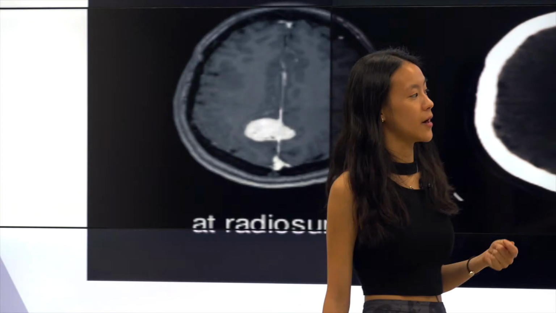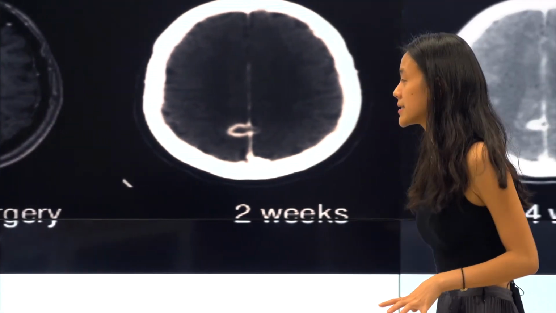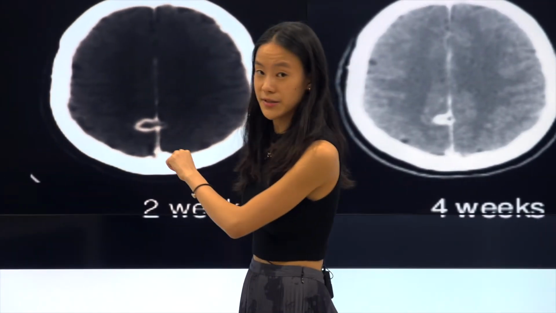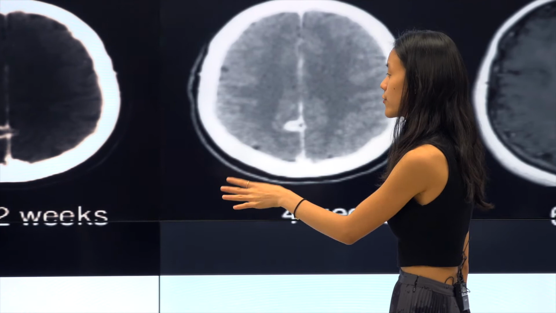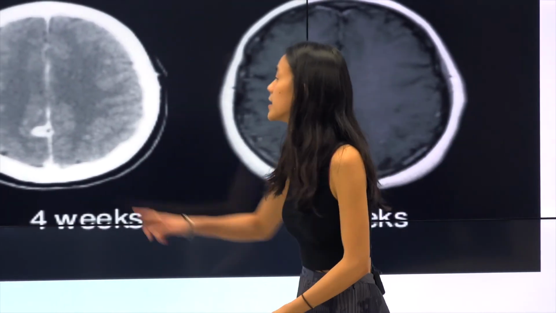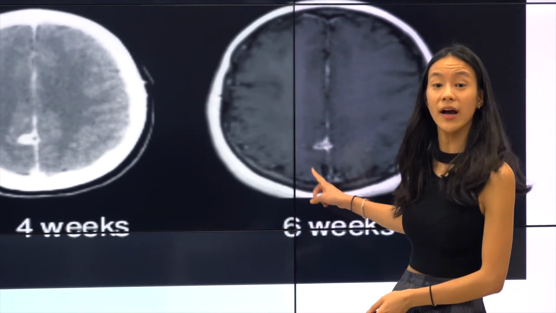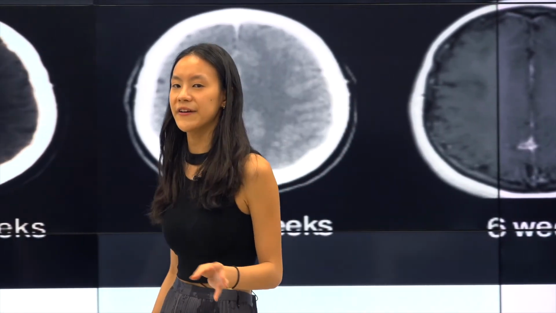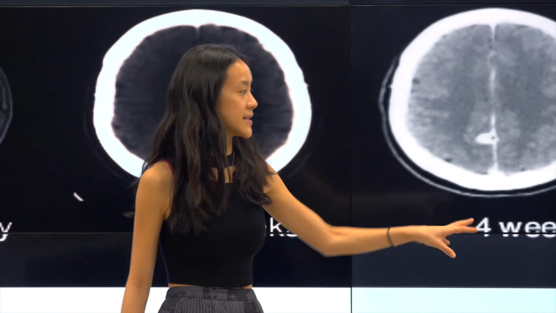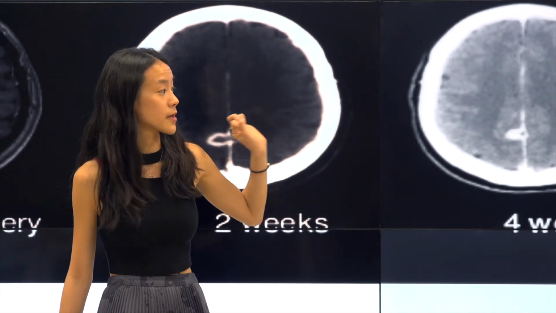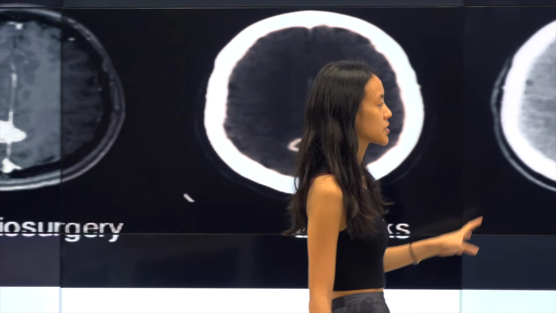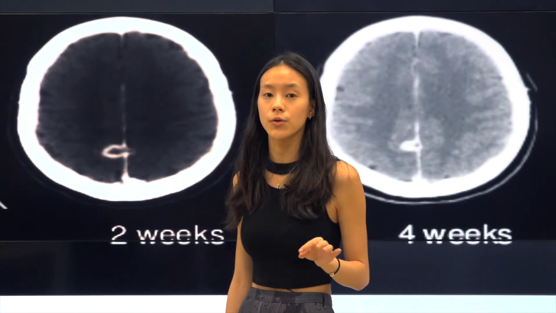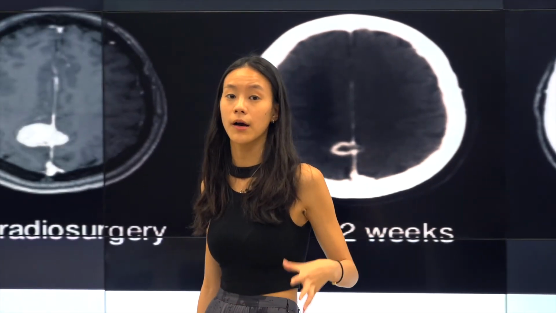So going on to talk about brain metastasis, let's see what exactly we mean. At SRS, which is in this image, we can see that after a few weeks this tumor is slightly decreasing with time. At 6 weeks, it's basically gone. However, one thing to note is that it is very possible that at 6 weeks, even though that small tumor has become really small, there may be potentially new tumors growing in different areas of the brain. And that's where the new METs that we were talking about before come into play.